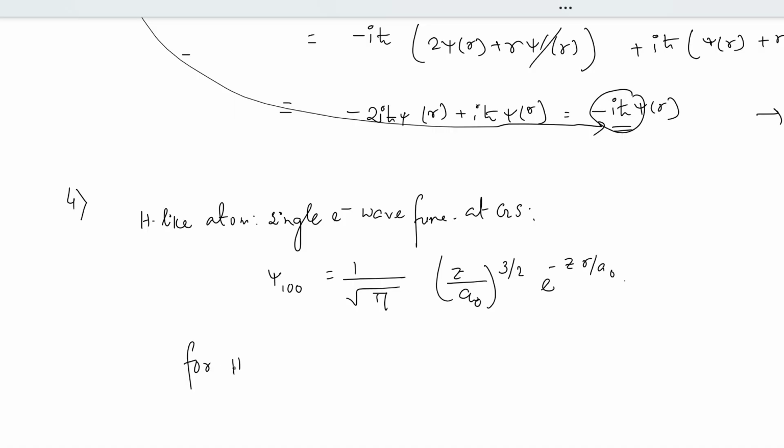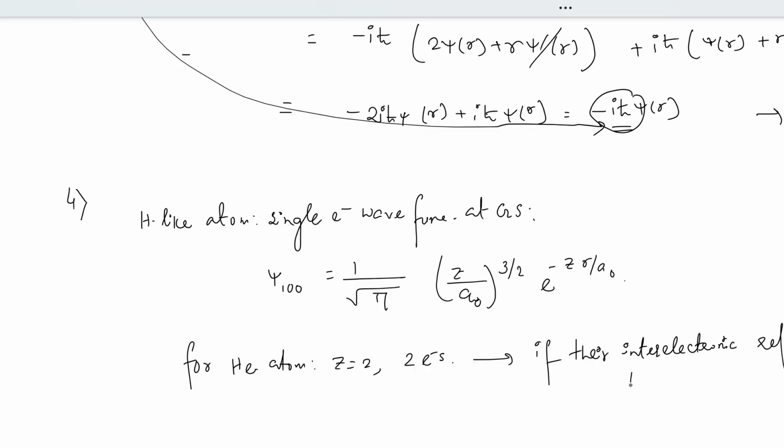Now for helium atom, if as per the question their inter-electronic repulsion is ignored, then they act like